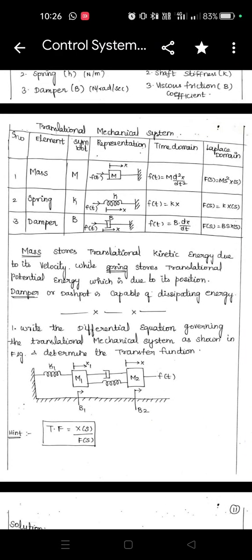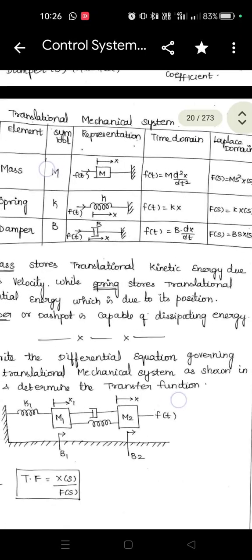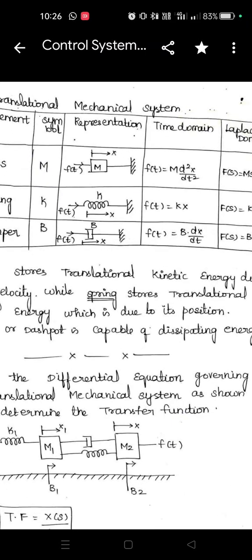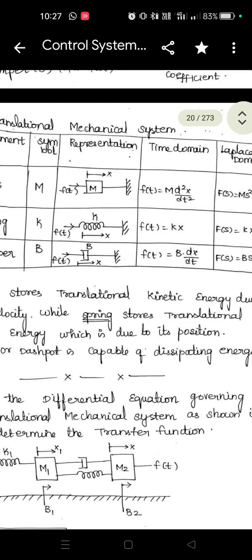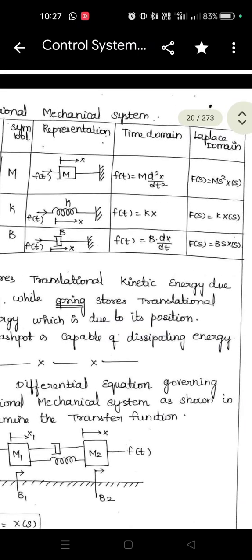So the first one is a mass. The symbol is M. So this is the representation. The input will be a force and output will be a displacement. Here f of t is your input force and x is your displacement, and m is the mass element. In time domain, f of t equals m into d square x divided by dt square. In Laplace domain, the same m is repeated. D square divided by dt square is replaced with s square